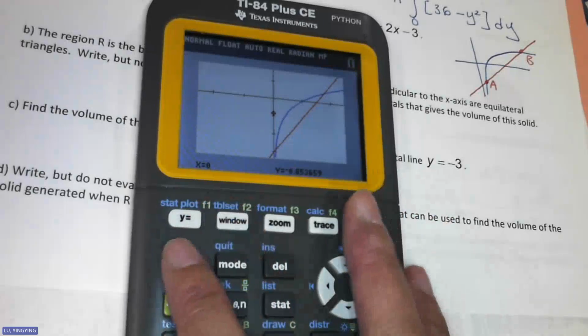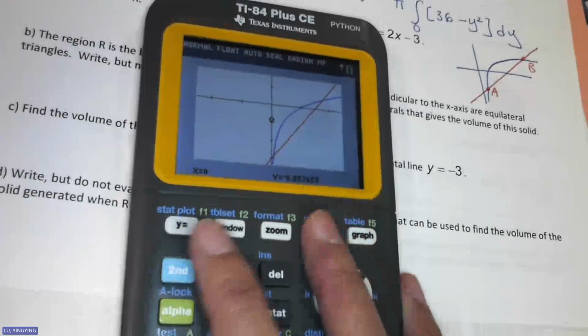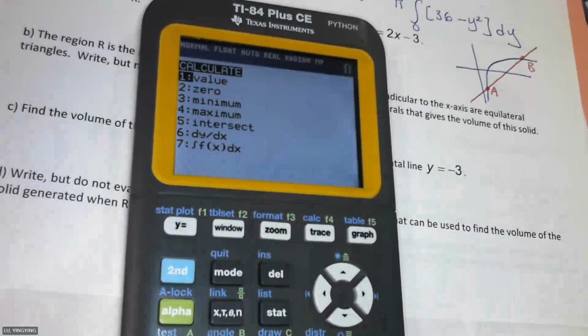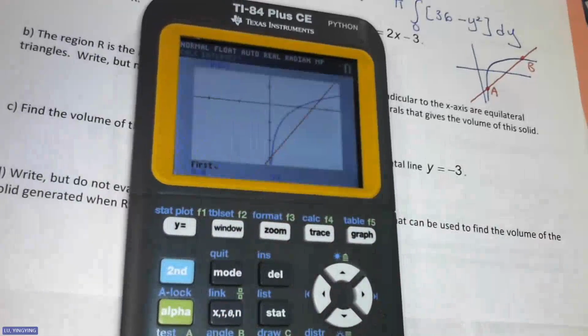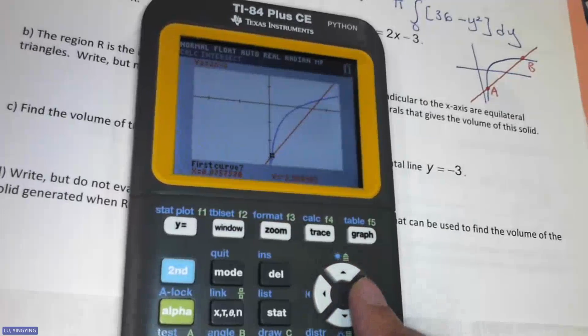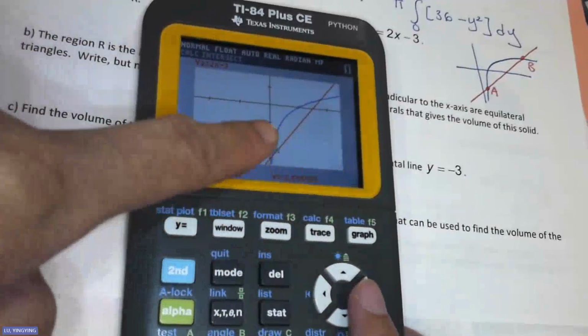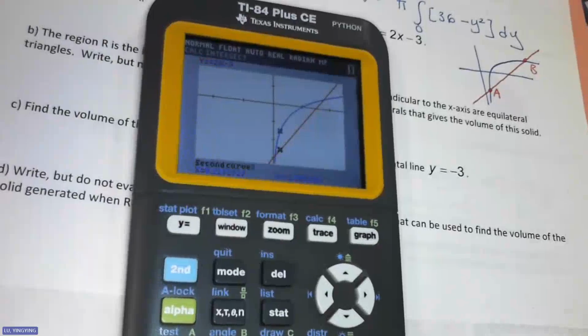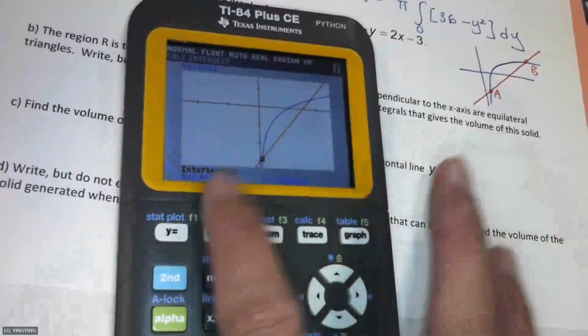Oh, you can use decimals on the AP exam now. So if you feel like this is too hard, too much work, do decimals instead. How do we find intersections? Second trace, number 5. Now move your cursor a little bit, okay, until you see those blinking things at you. If you don't see that, you can't find it. Press enter 3 times. 1, 2, 3. The first intersection I found is